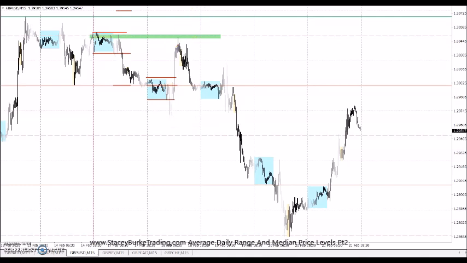The market moves up. Next day again, our Asian box is consolidated around a number. That's our median price. Our median price means that's the middle. We do not want to be caught in the middle of this. Not to say that you can't sell off this level or buy off this level, but we do not want to be trading the swings inside of this level.